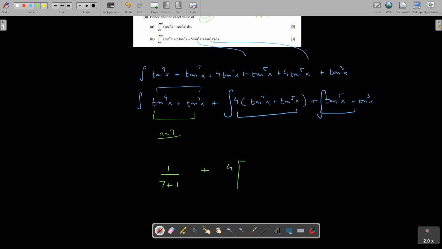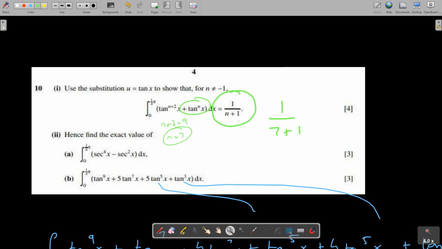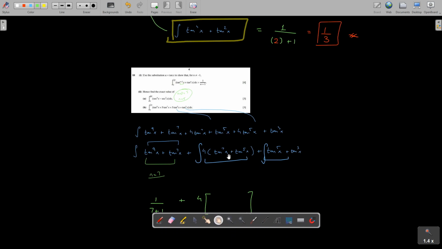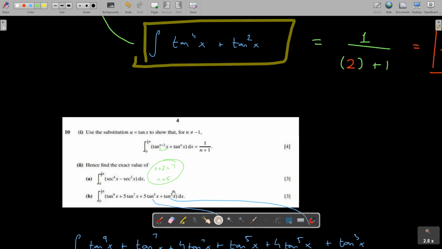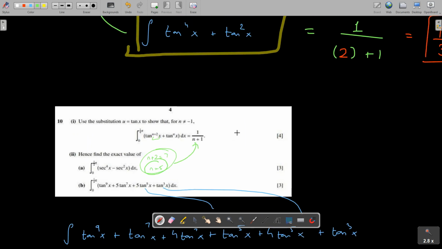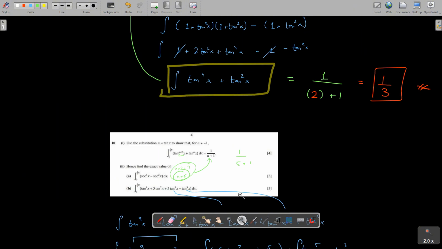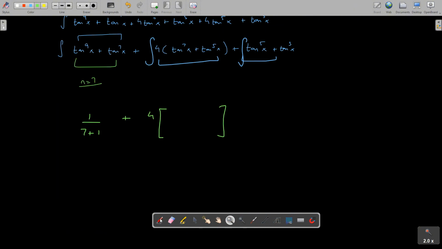So 1 over 7 plus 1 for this part of my integral, plus, now what do I do here? First things first, take 4 as common. And what about this? Tan power 7x plus tan power 5x. Okay, so n plus 2 should equal 7, right? So n should equal 5, obviously. So if I substitute 5 here, tan power 7x plus tan power 5x, which is exactly what we have over here. So we can just substitute n is equal to 5 over here, which is 1 over 5 plus 1. Therefore, this should give us our answer as 1 over 5 plus 1,